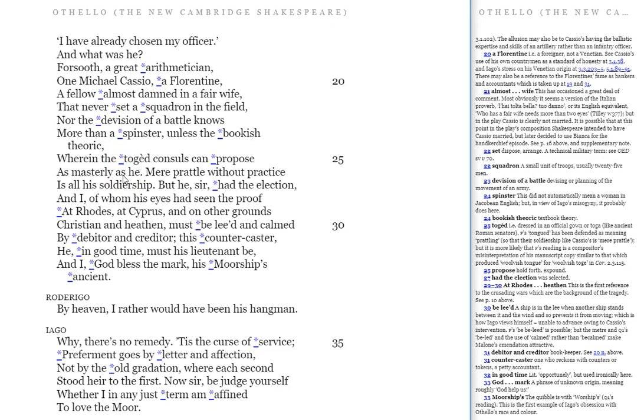This is an image of a kind of Roman politician suggesting things about battle who's never actually been into battle. Mere prattle without practice is all his sort. He's all talk and no action. But he, sir, he says to Rodrigo, had the election. He got the job. And I, of whom his eyes, this is Othello's eyes, had seen the proof at Rhodes,